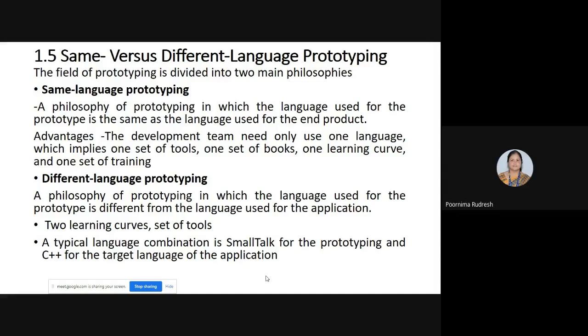Yes, ma'am. Any doubt? So as the name itself indicates, we are using the one language or the same language for the prototype and as well as for implementation. Understood? But what are the disadvantages I said? What are the disadvantages? Garbage code, meaning if the developer writes the garbage code, then that leads to the lack of efficiency, extensibility, and robustness. Right.